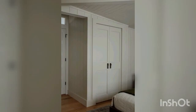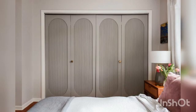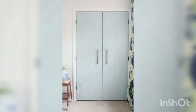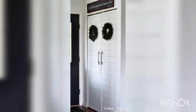French doors are one of the classical ideas for bedroom closet doors. This style of door echoes the entryway of a stately building, so French doors make an excellent addition to a large walk-in closet. Just make sure there is enough clearance for both doors to swing out fully. Another way to achieve the French door look is by using slab doors and adding door knobs, handles, or hinges. And if you prefer a modern look, there is no shortage of sliding closet door ideas to